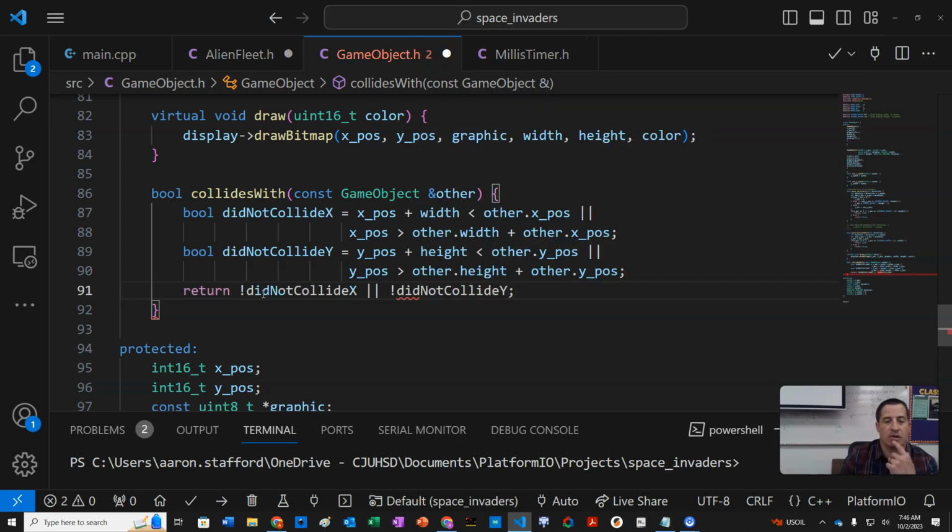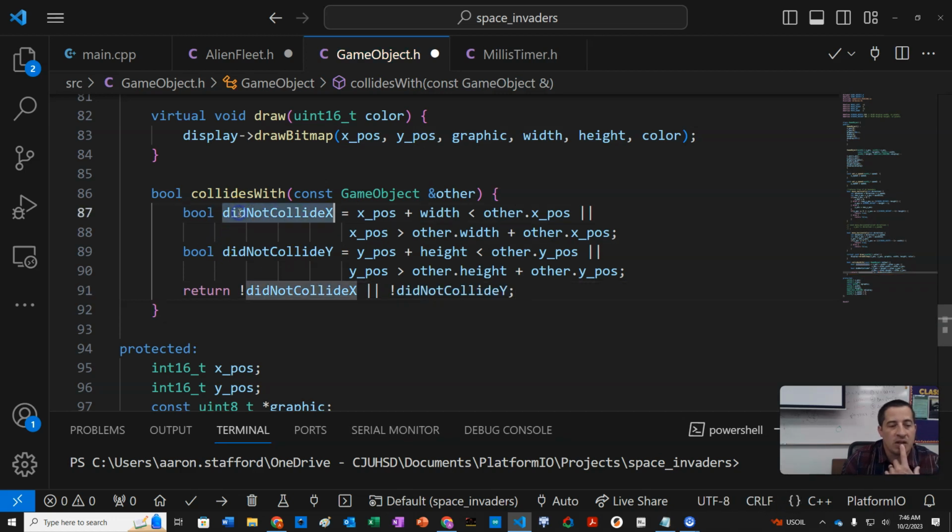Okay, now let's think about the logic here. So if we didn't collide here and we didn't collide here, then both of these would be true. So true and true, we're going to do the opposite, and we're going to return false or false. So false or false is false, that means we didn't collide. If one of these is true, so if this is true but this one is false because they did collide, then we're going to